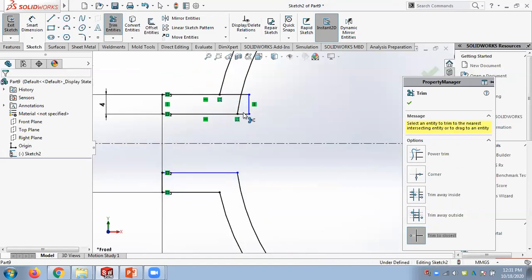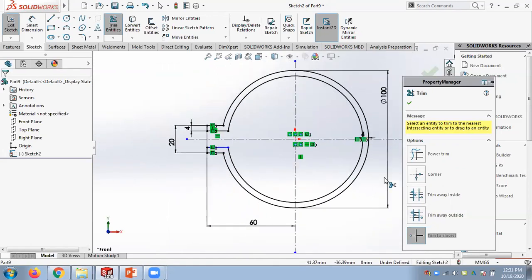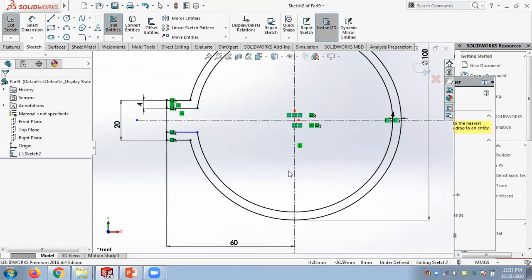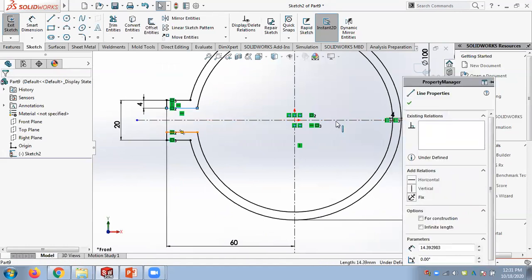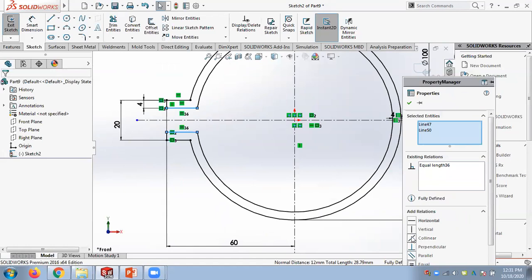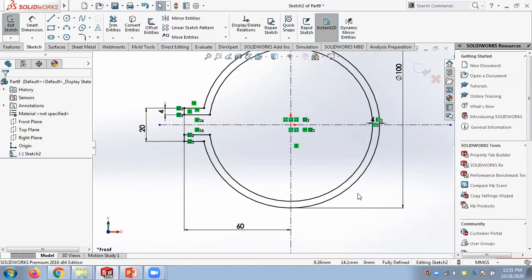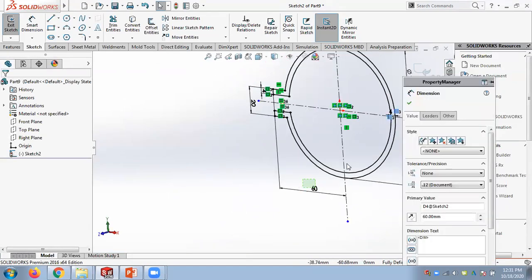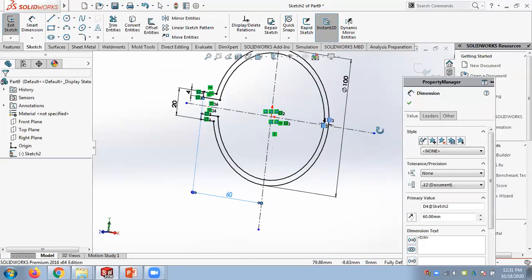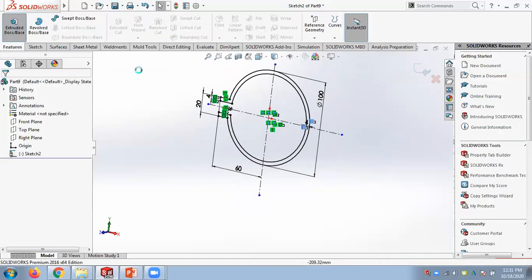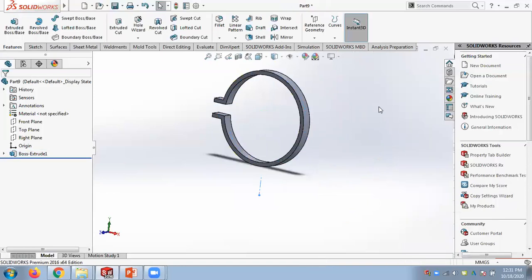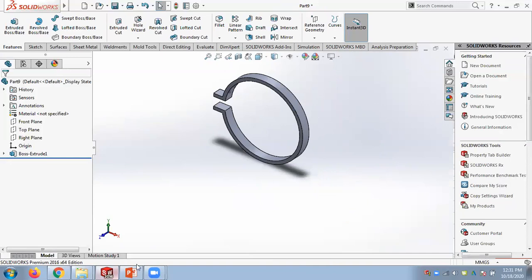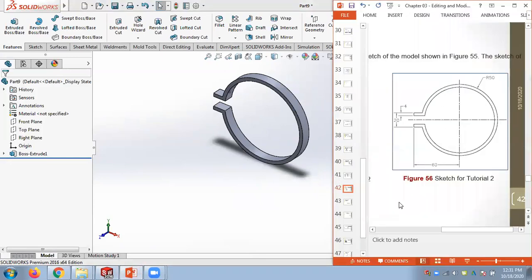So I am generating the drawing now. So this is how it works. So make sure it's fully defined. Still it's underdefined. So I think I have a problem. This should be equal to this. I mirrored it, but since I trimmed the parts, there's a problem coming. Now it's okay. So it's a fully defined sketch. You can see how it looks like. Then we can make it 3. Okay, so you can try this and see. Any questions, let me know.